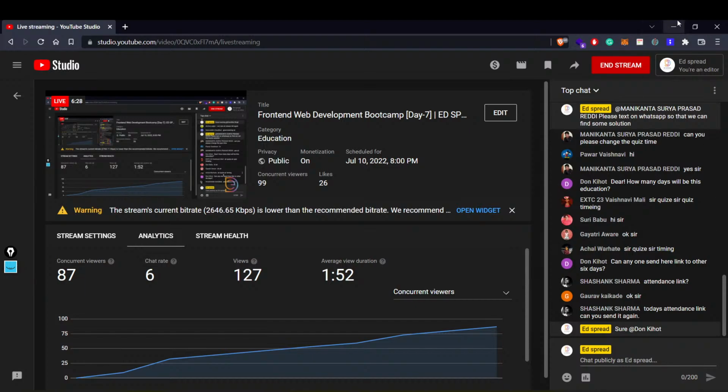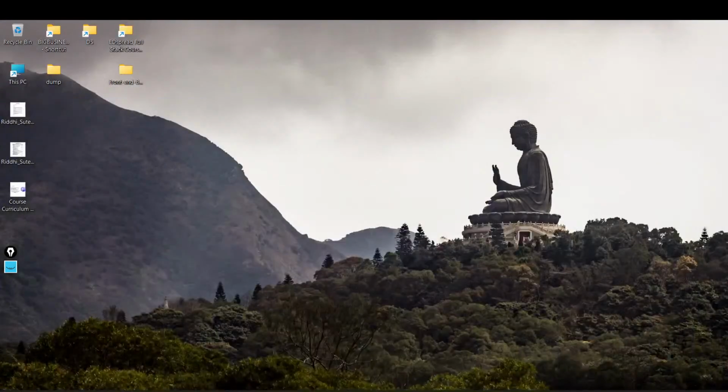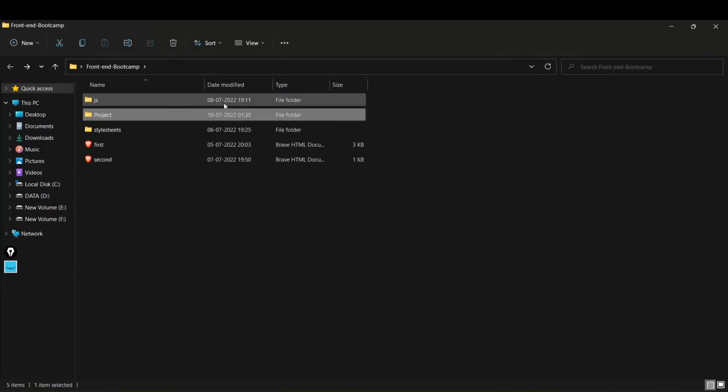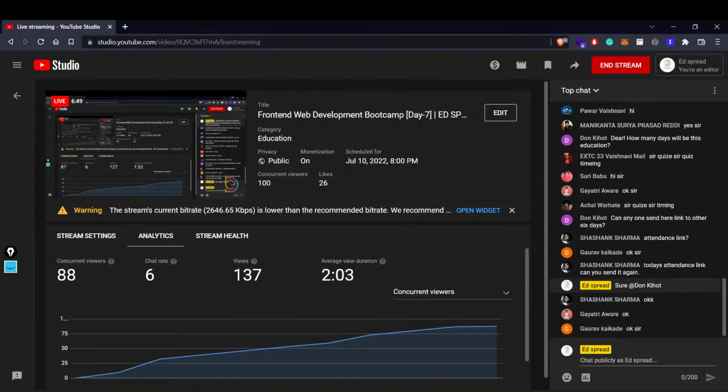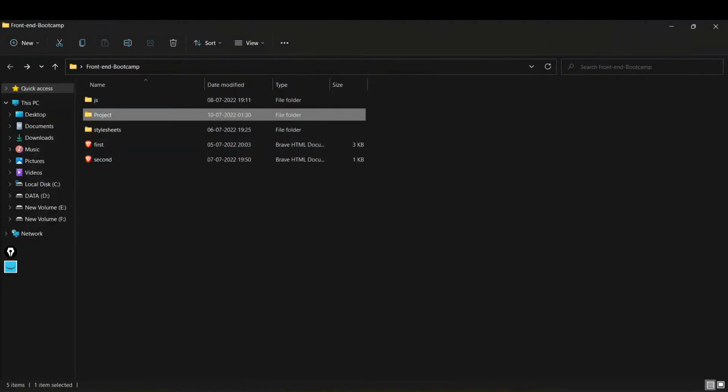Let's see what we have to do today and what we are building today. Any other doubts, don't worry, we'll take that. In yesterday's class, if you remember, we discussed DOM, what DOM is, and how you can change things or get things from there. We also had to discuss events in the last class, but due to some technical issues the stream got paused for a moment.